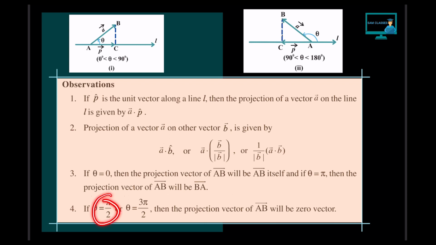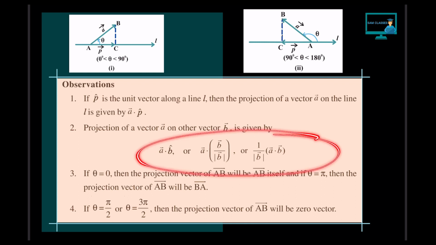Now, if it is 90 degree, so for this vector, does it have any projection? No, 0. Clear? For a vector which is 90 degree, let's say A vector, B vector, what is the projection? 0 vector. Clear? So 4 points, very important. Projection of any vector on the other vector, I have taken different angles also. So you just need to understand this formula.